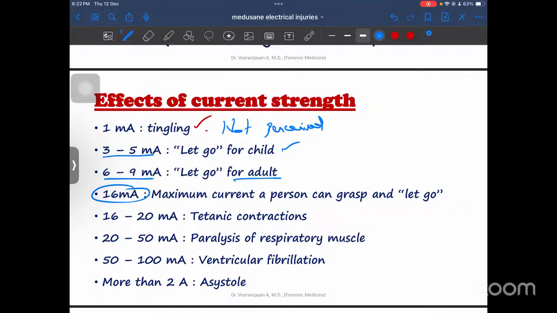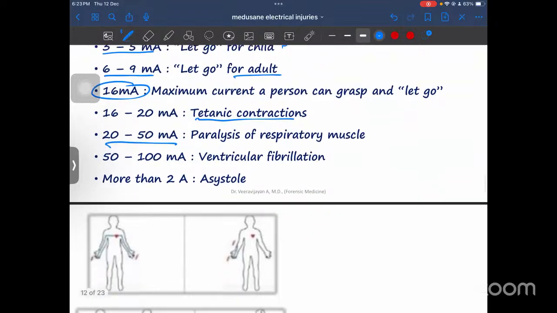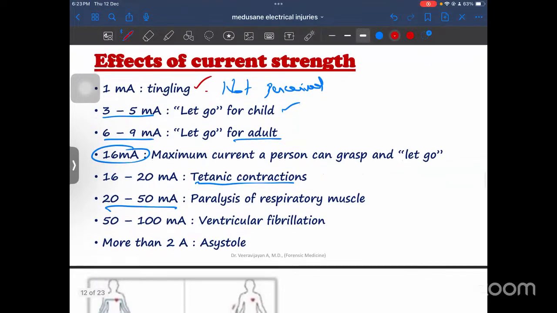After this, the person recognizes he touched the electric wire and wants to release it, but it is not possible for him to release the live wire because of these tetanic contractions. Once the tetanic contraction sets in, there won't be any let go effect. So the maximum current which a person can release from his contact is 16 milliampere. Then at 20 to 50 milliampere, it causes paralysis of the respiratory center. At 50 to 100 milliampere, it causes ventricular fibrillation. The easy thing to remember is